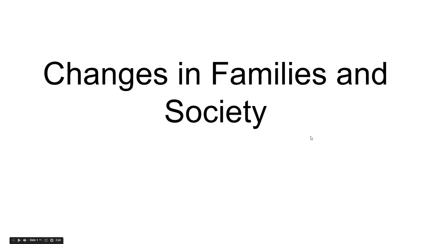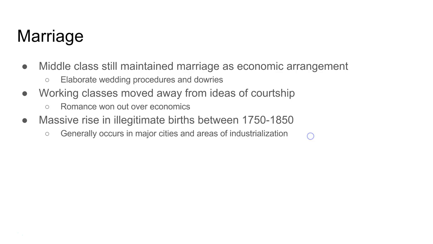Okay, so we'll take a look real quickly at how the Industrial Revolution leads to major changes in families and society as a whole, specifically within industrialized towns, but then we'll also look at the changing role of science within society. Okay, so first, let's start out with the major social institution, kind of the bedrock of European society, and that is marriage. If you recall,